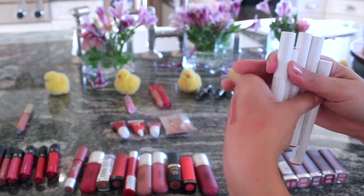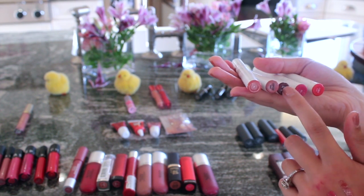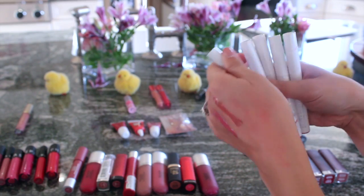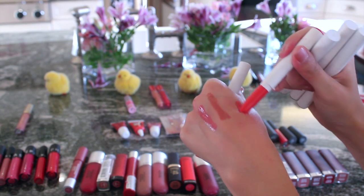Moving on to my ColourPop lip pencils. So, or lippy sticks, I should say. This one is Brink, Lumiere, Silk, I Heart This, and Click. And I am going to be keeping all of these as they are super, super beautiful. The only one I have never really worn is Click, but I just need to find the right...